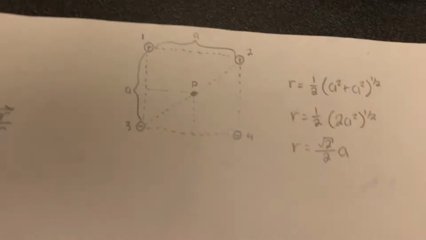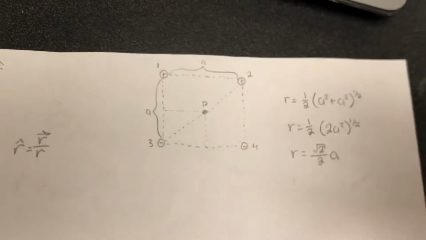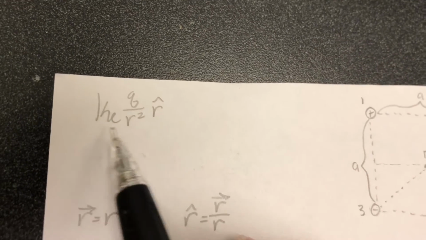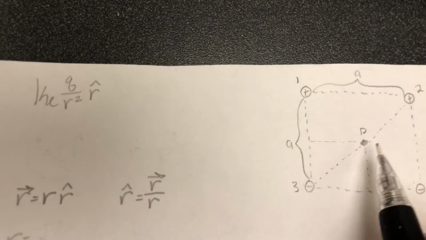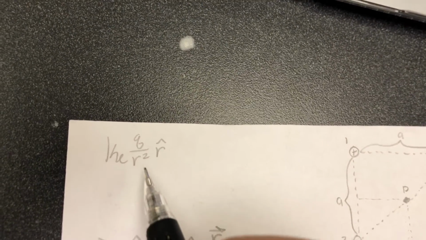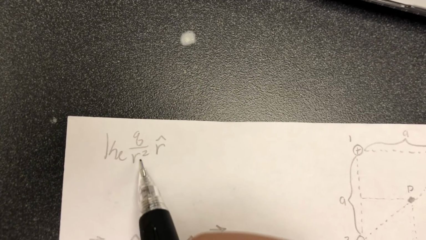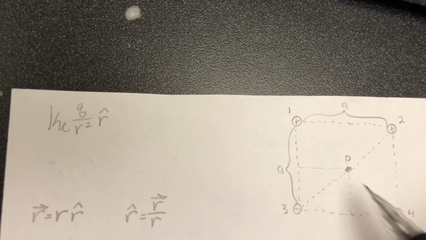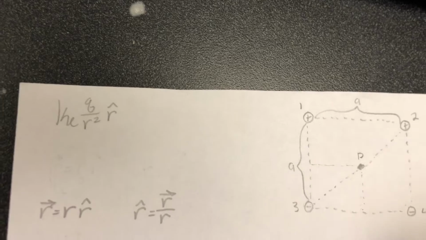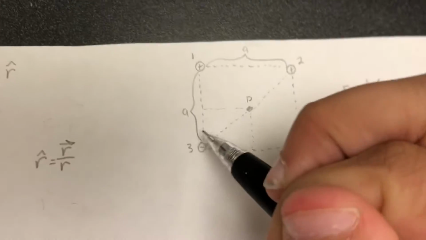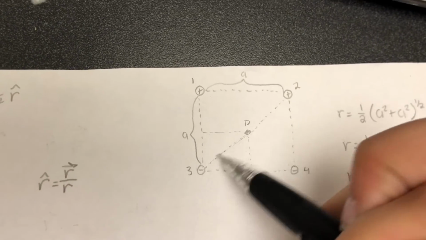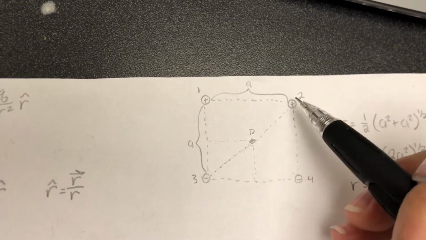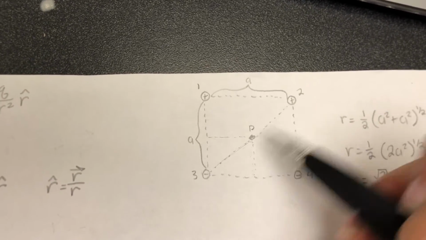So I drew the diagram just down here so I can more easily point to it. We're going to be using this equation for each of the 4 points acting on this. The first thing we should look for is this R value, because the distance to each of these points is going to be the same. So we're looking for this length here, which is half of the diagonal of